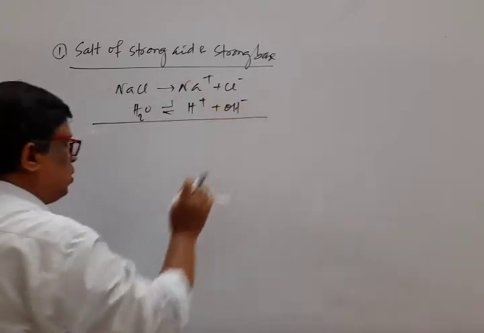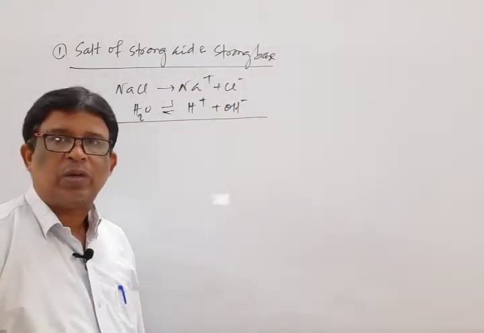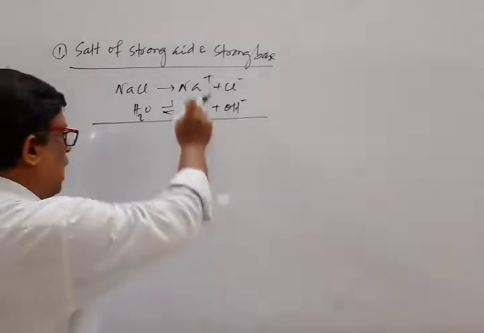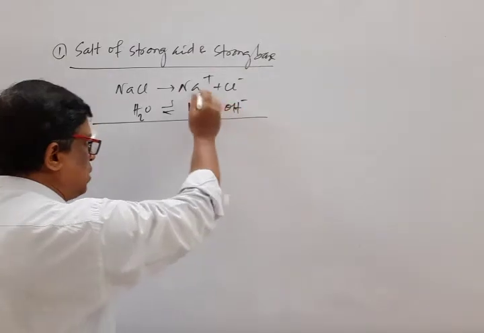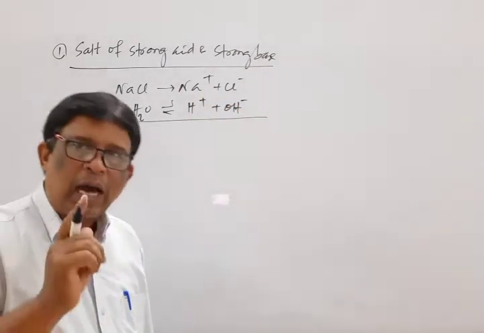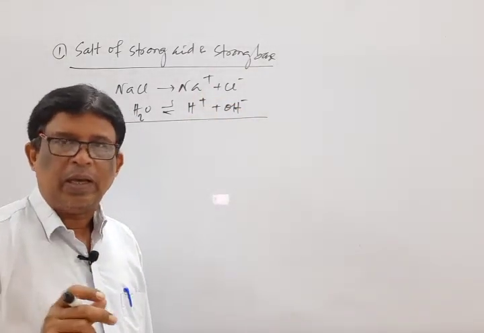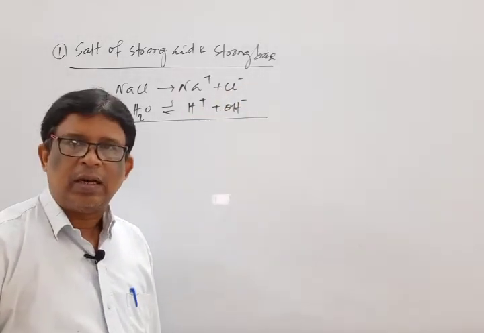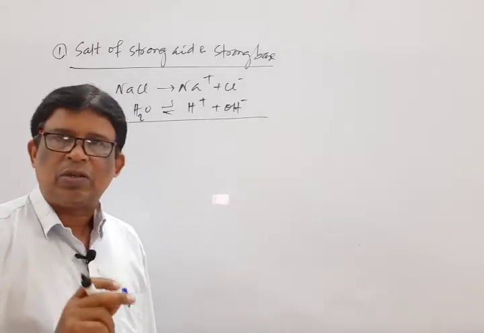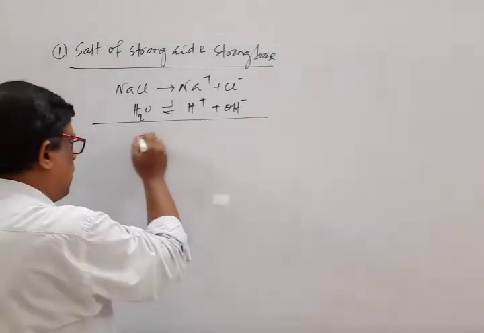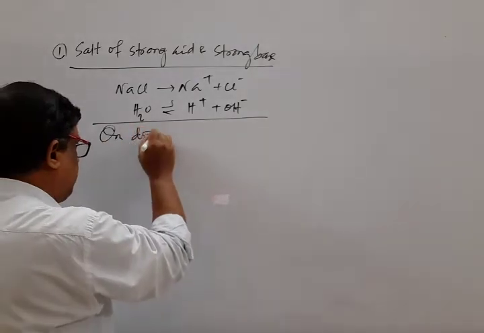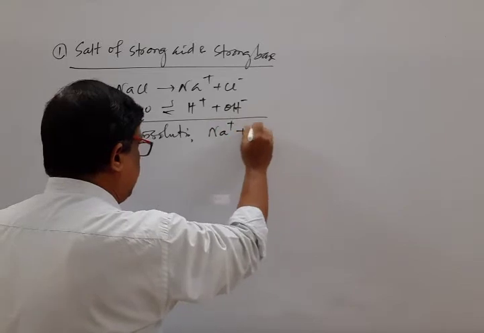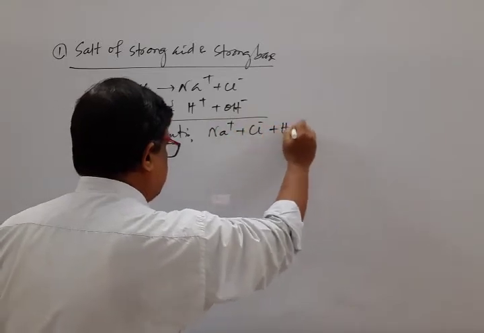Mark that, there is no interaction between the cation of the salt and also the anion of the salt with oppositely charged ions of water, because if Na plus combined with OH minus ion to form NaOH, as it is a strong electrolyte, it never combines. Similarly, H plus ion combined with Cl minus ion forming HCl is not possible as it is a strong electrolyte. So finally, on dissolution, we observe Na plus, Cl minus plus H2O.